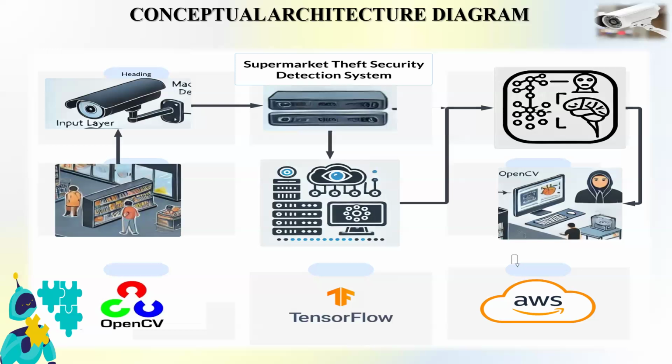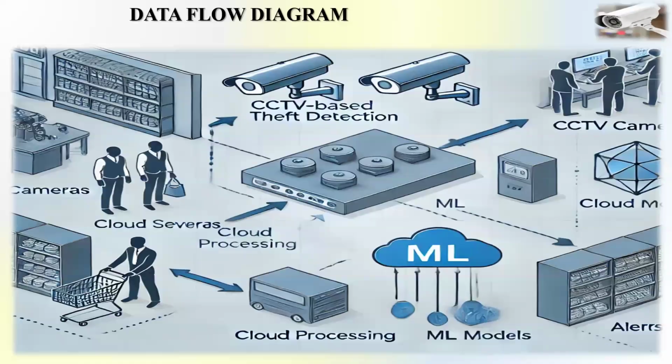So when it comes to the next slide, we can see it is all about how the data is flowing in this diagram. Actually, the data first comes from the CCTV, and it goes to the ML. From there, it transfers to the cloud, which stores and pre-processes the data. In this pre-processing, it cleans the data depending upon the time and frameworks,